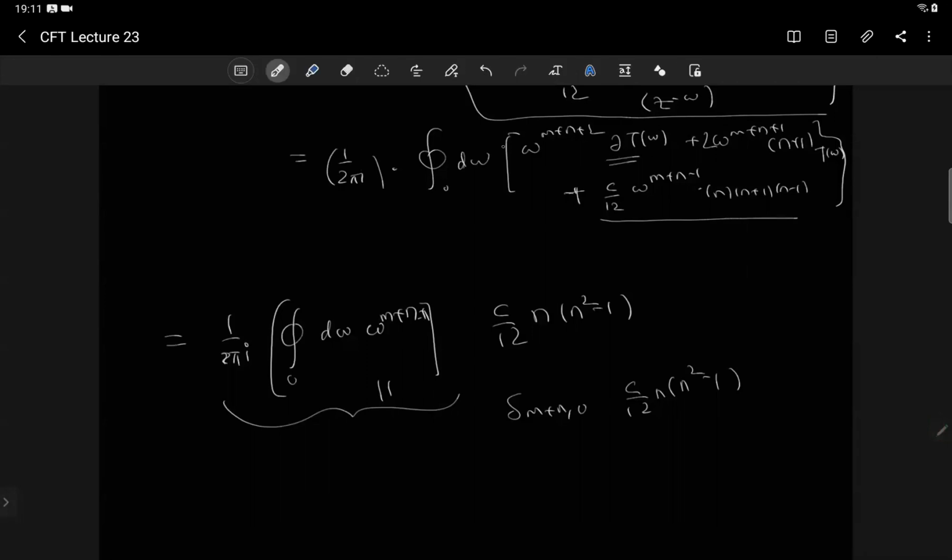এটা ইভ্যালুয়েট করার জন্য আমাদের টোটাল ডেরিভেটিভ করে, আর যেহেতু এটা ক্লোজড কন্টুর, তো টোটাল ডেরিভেটিভটা 0 দেবে। তো জাস্ট মাইনাস অফ ডেল অফ দিস, বুঝতে পারছো? তো যে ফার্স্ট টার্মটা হবে সেটা হবে মাইনাস 1/2 পাই আই টাইমস ইন্টিগ্রাল 0 ডি ওমেগা অফ ডেল অফ ওমেগা প্লাস n প্লাস 2 টাইমস টি ওমেগা। তার মানে এটা হলো ডেল করলে এটা দেবে m প্লাস n প্লাস 2 ইন্টু ওমেগা m প্লাস n প্লাস 1 টাইমস টি ওমেগা।